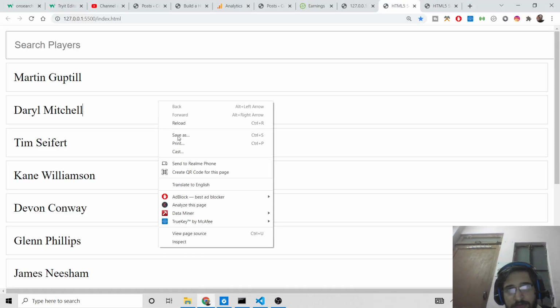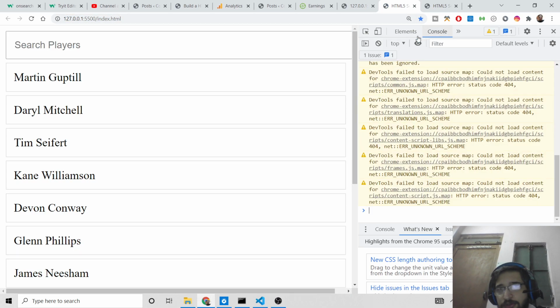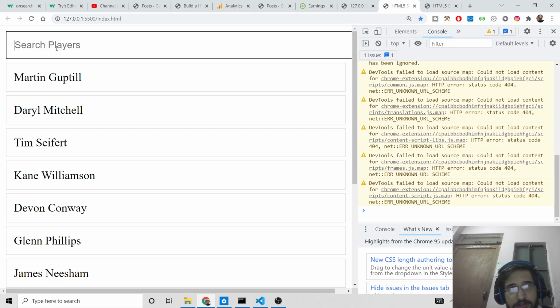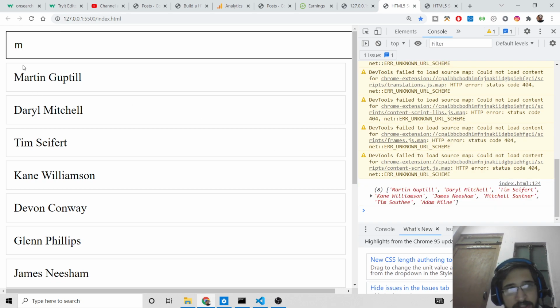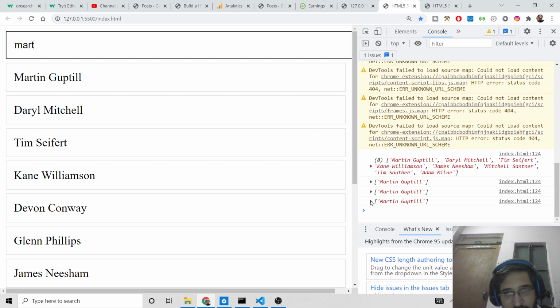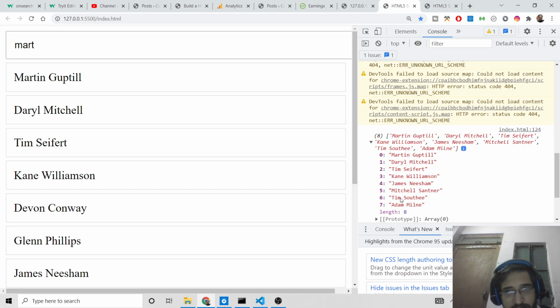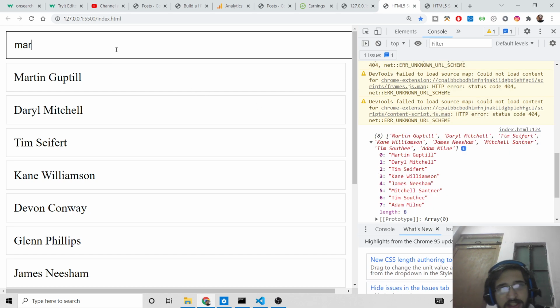So basically now if I refresh it, go to inspect element here, go to the console. If I write something inside this field here, m, so see, as I'm writing here, a new array is called every time. So you will see the first time I return, all of them are listed here. So in this way, this is a separate array. So now we simply need to display it and also filter it inside the DOM.